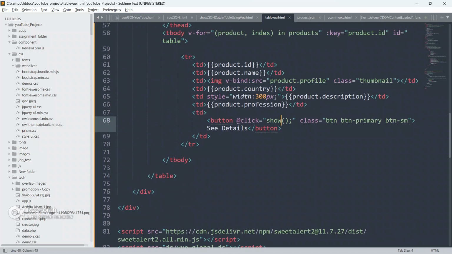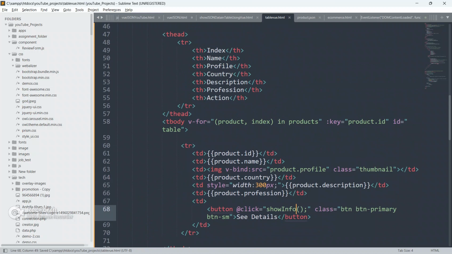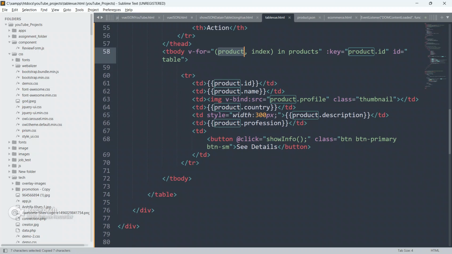Now, guys, we have to create a function. So create showInfo. And in this showInfo function, I am going to pass this product object, the entire product object.